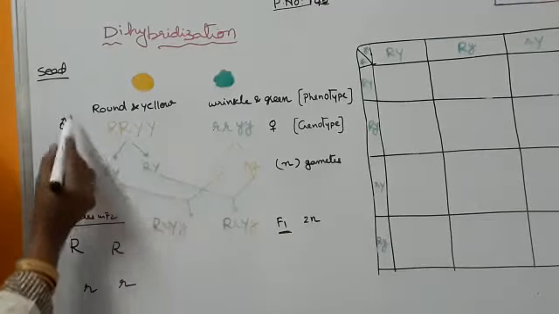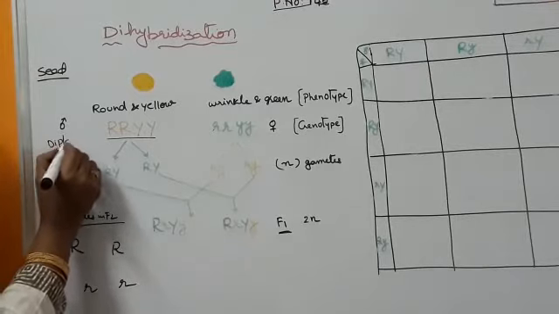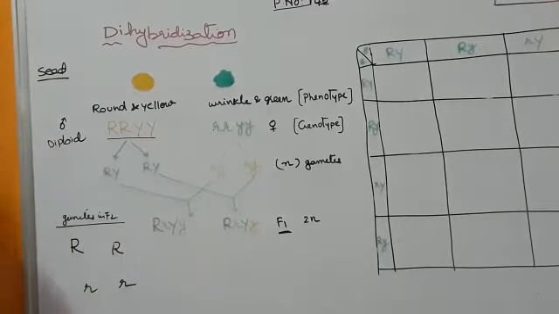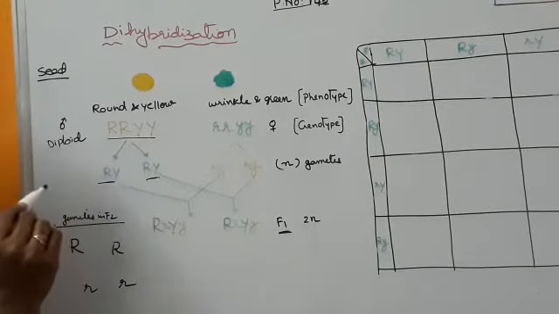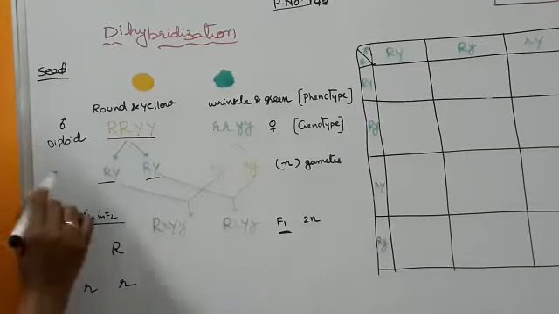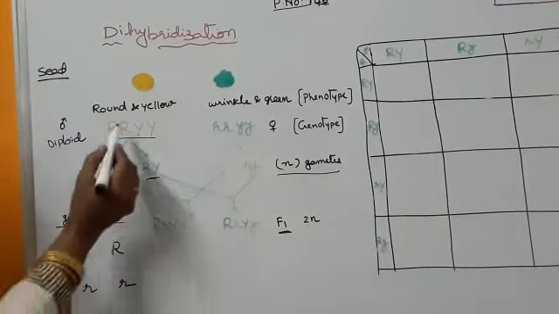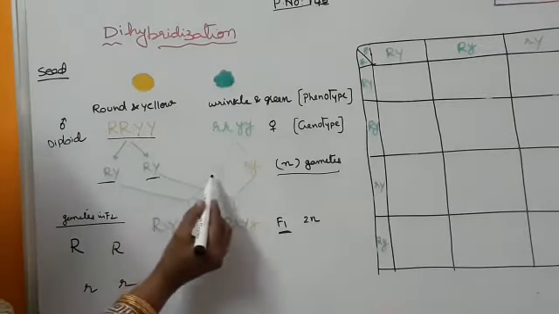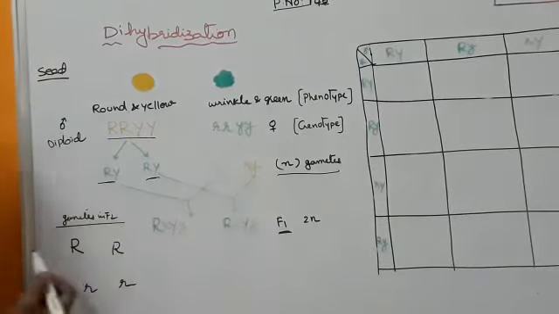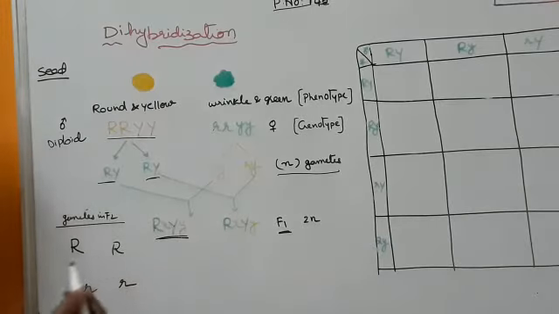Now, what are the gametes? This is the diploid condition. Diploid condition means 2n in number. The chromosomes are 2n in number. Now, this will form gametes. Do you know the gamete? Gamete has n number of chromosomes, so the unpaired condition. So what will form? Capital R, capital Y, capital R, capital Y. Next, small r, small y, small r, small y. So both will fuse. What will you get? One capital letter, one small letter, one capital letter, one small letter.